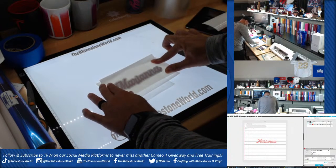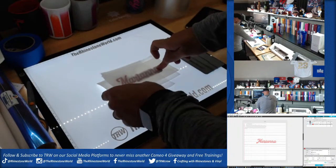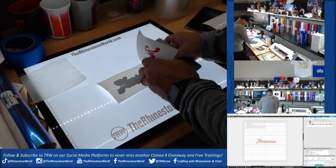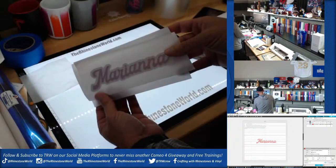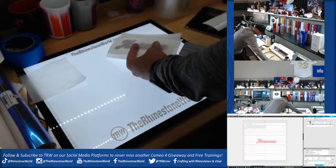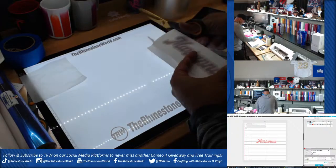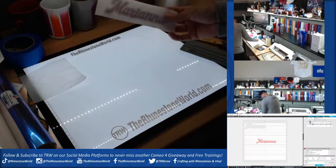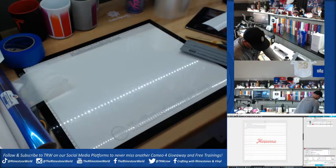I'm going to drop that down on the right-hand side here. So I just basically sealed that. Hold that down with my finger. Pull out the parchment paper. Squeegee this down. And I have a perfect two-color design with no bubbles. Pretty sweet, isn't it? Now, I could give it to my customer like this if they just wanted a decal, but we are going to